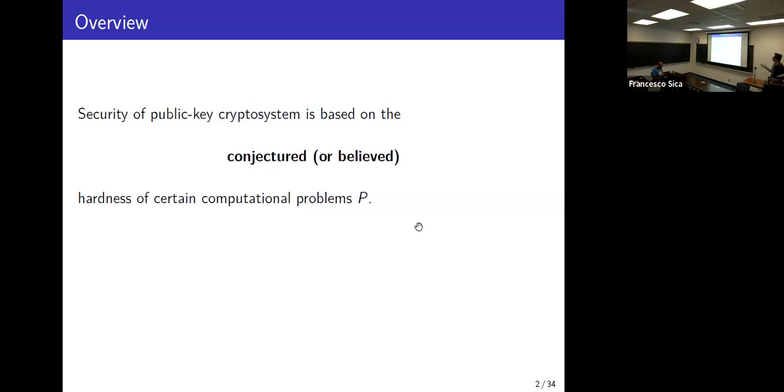You may have found some literature saying that some crypto system is relevant to an NP-hard or NP-complete problem, for example, even for lattices. But usually the parameters we have, according to this mathematical proof, do not allow us to have an NP-complete or NP-hard problem. That's why I'm saying that so far all the mathematical problems that public key crypto is based on are conjectured or believed. For a certain computational problem, here I just give it a simple name, P. For example, it can be the integer factorization problem, which is quite famous.